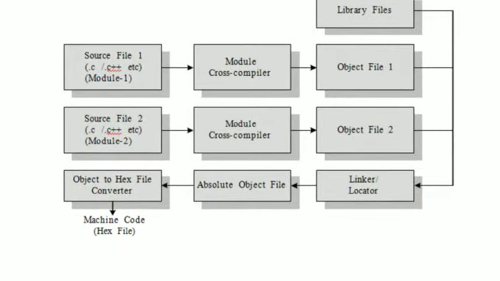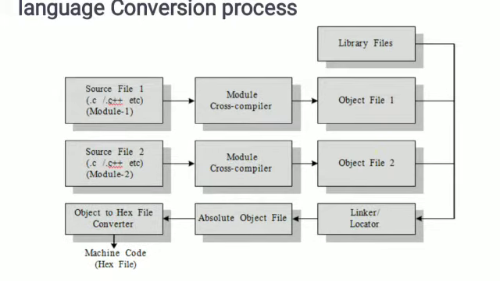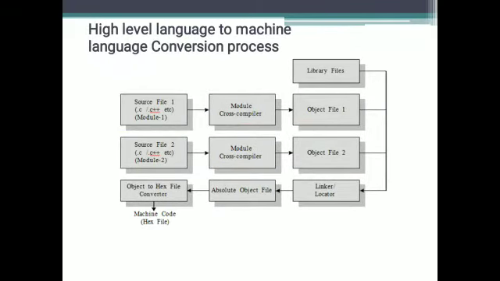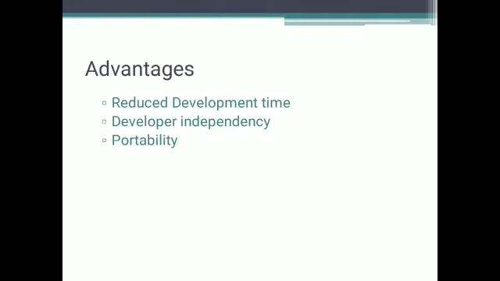Previously we have seen how assembly will be converted into machine code. Now we'll see how a .c file will be converted into a hex file. Once again, source file 1 goes through the cross compiler to object file 1, source file 2 goes through the cross compiler to object file 2. Obviously once again you require all the library files. Linker or locator is also required in this case, giving the absolute object file. Then from that you will generate the hex file. These are all steps you people have done in C programming, but you have not realized what exactly is happening at the back end.